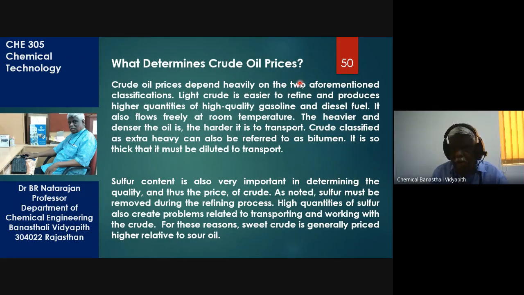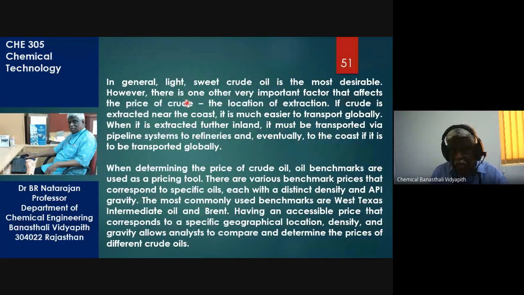And how do you determine the crude oil price? See, the crude which contains less sulfur is more expensive. The light crudes are more expensive. And you have the Brent oil wells, that is the Brent, right? That is one, the North Sea oil in Europe, and the other is Texas. So there is a Texas model for pricing, and there is a Brent model for another type of pricing, that is from the North Sea exploration.